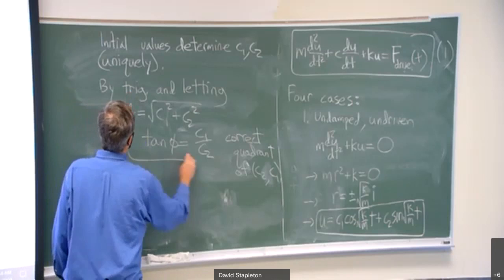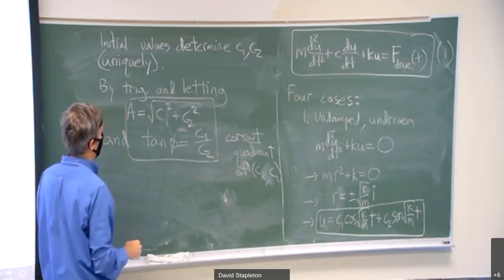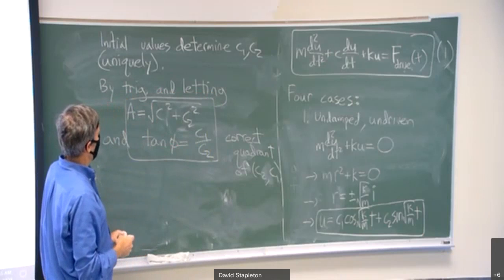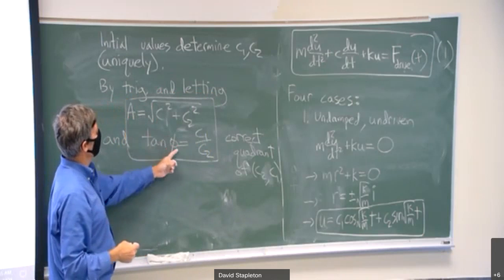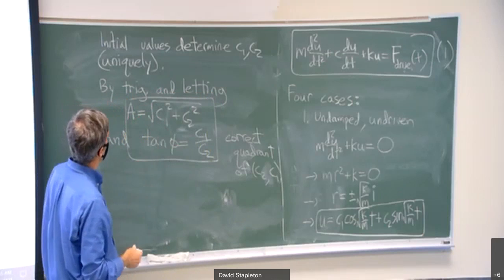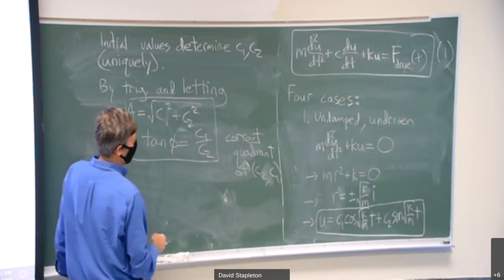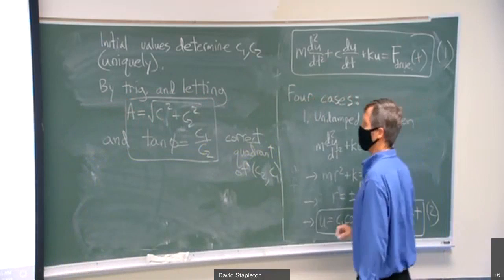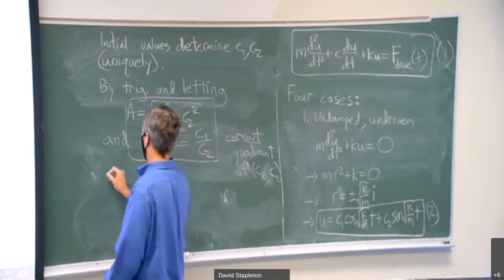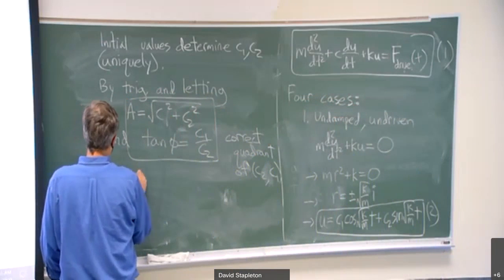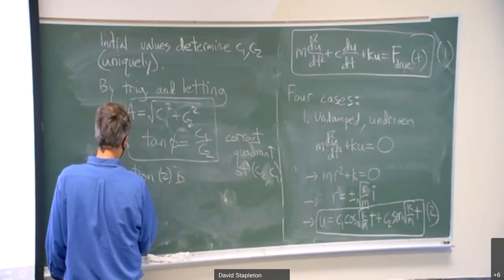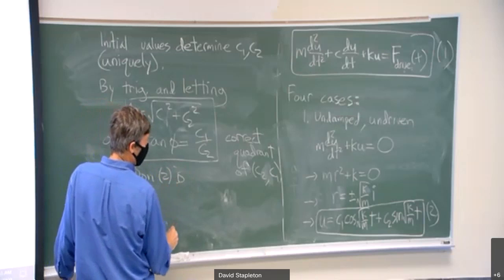All right, so we make those definitions. All we're doing is a change of variables from C1 and C2 to A and phi, right? And the initial conditions will now determine A and phi instead of C1 and C2. But now look what happens. Let's call this equation 2. Equation 2 is the following. U equals